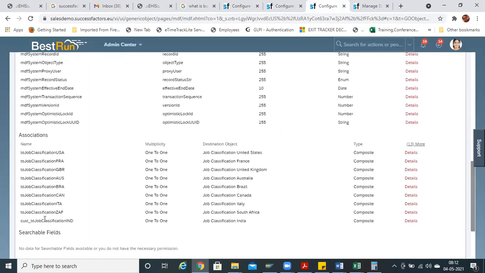Here India is there. Here in job classification India, add some more fields or something like that. Or if any country is not applicable here, you can create a custom job classification of that country and link it over here in associations.